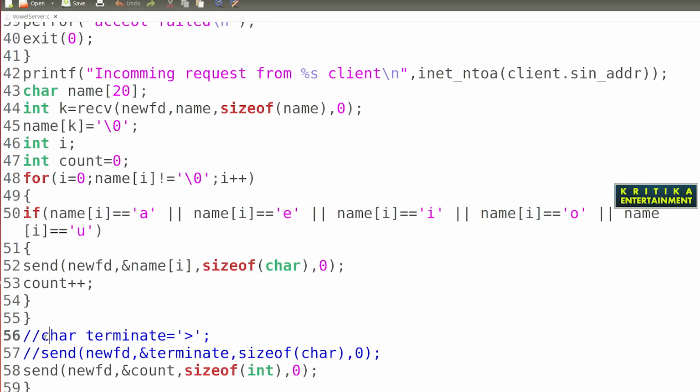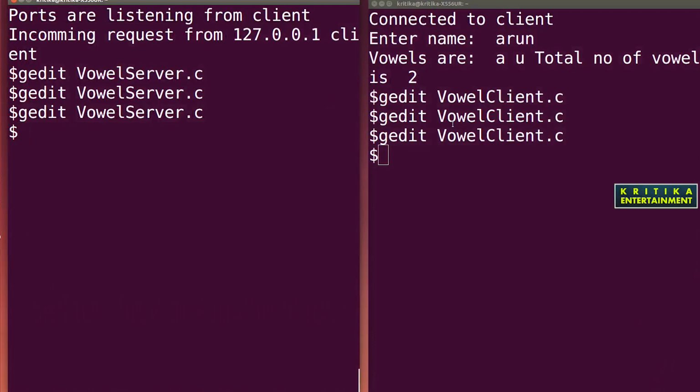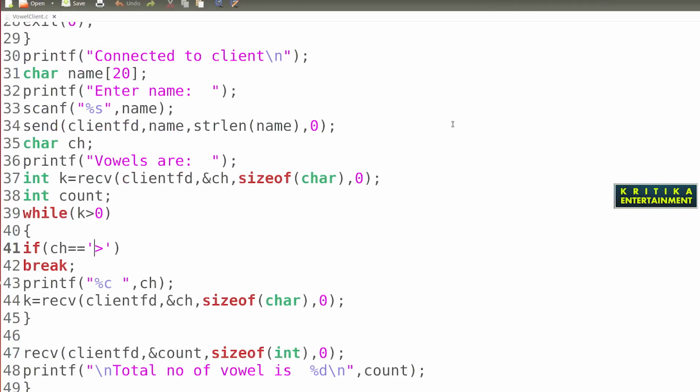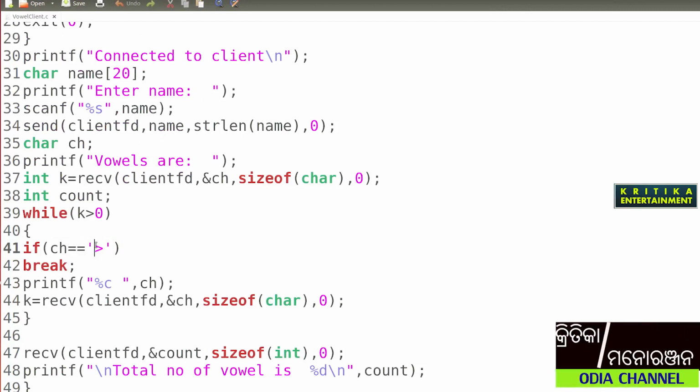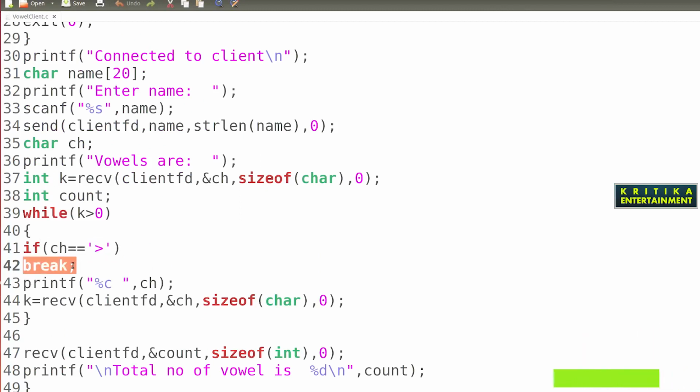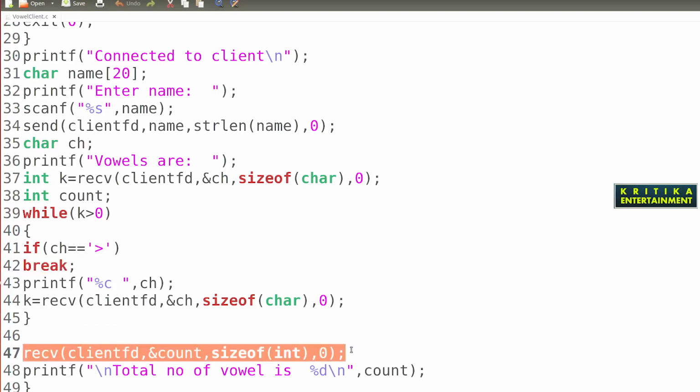So here we use the extra terminate character, which is used to terminate the loop on the client side. Here I am using if: when it finds the ch, that means it finds the symbol at the end, then your loop will break. After the break, it comes outside of the receive function. Outside the receive function, I have passed the count, so it will display the count value.